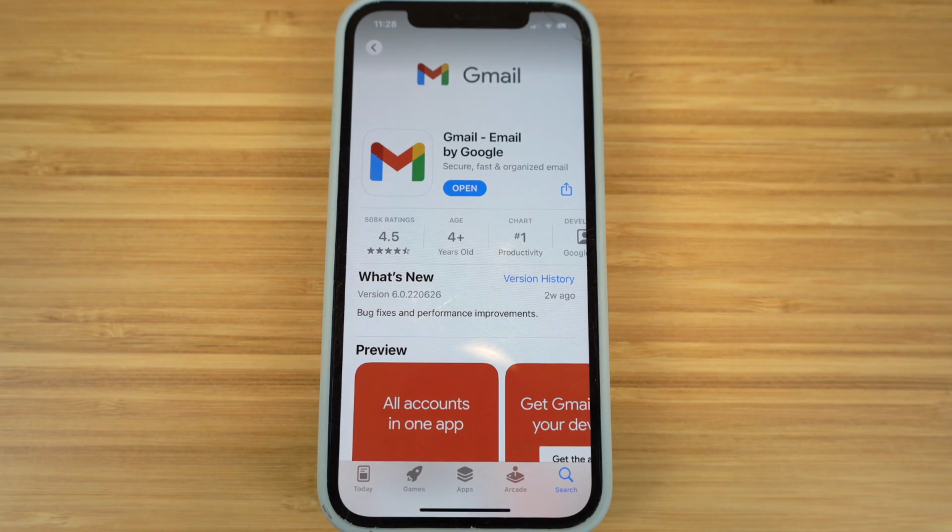on your iPhone. Before we get started, just make sure you go on the App Store and download the Gmail app. It's easy to find, and just click download and you'll be able to open and access your account right away. You can also download this app on your Android phone, so no worries if you have one. Just make sure to download this app so we can continue this guide, and I'll show you all the amazing